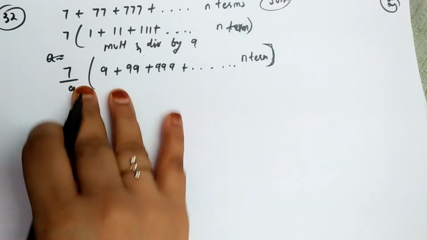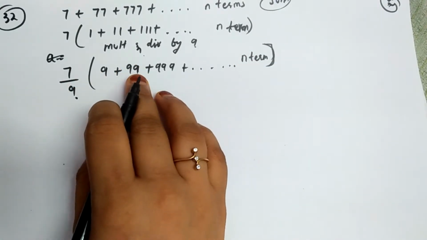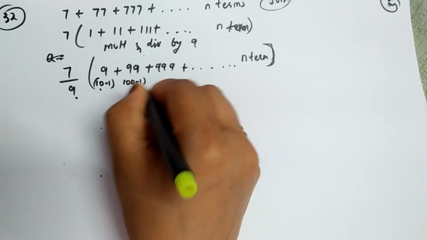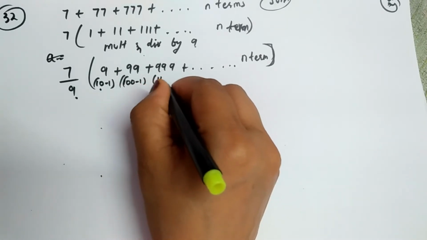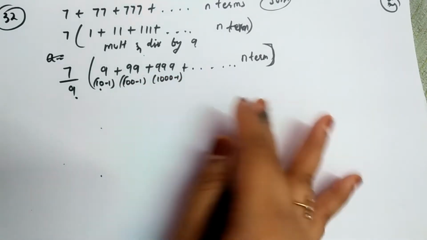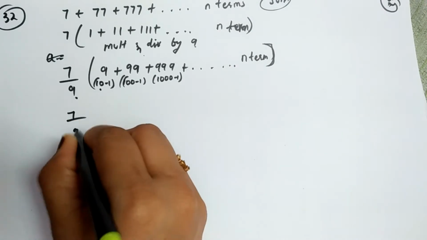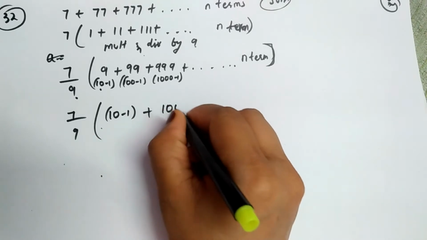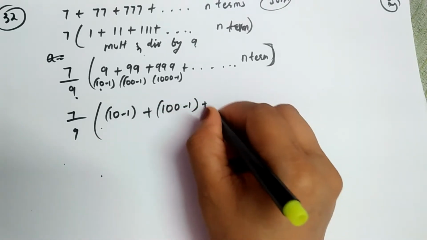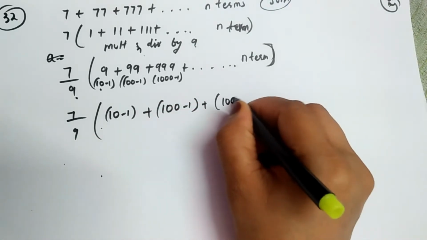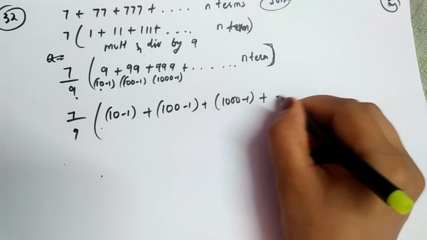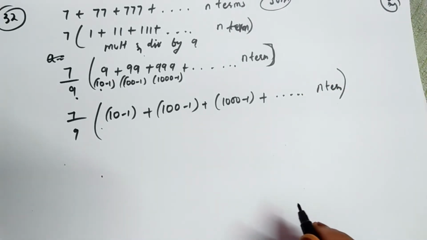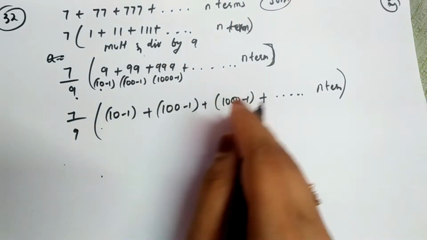Okay, this same 9 can be written as 10 minus 1, right? And this 99 as 100 minus 1. And this 999 as 1000 minus 1, right? So we'll be converting that to this thing. 10 minus 1 plus 100 minus 1 plus 1000 minus 1, right? And so on till n terms. Now the thing is that we will be checking out